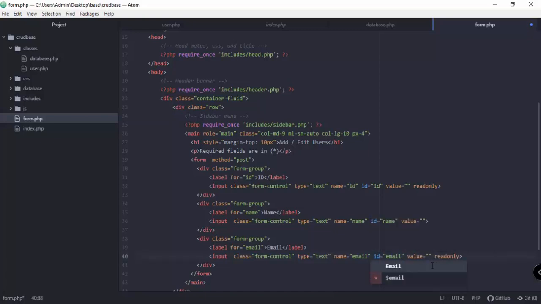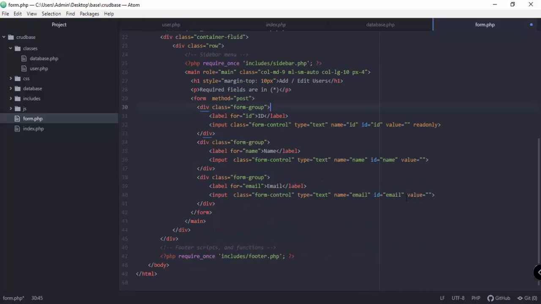So the same thing with the name, it's not going to be read only, and the value is empty for now. So another step is to add the placeholder for this email. So placeholder is, say for example, jando at gmail.com,